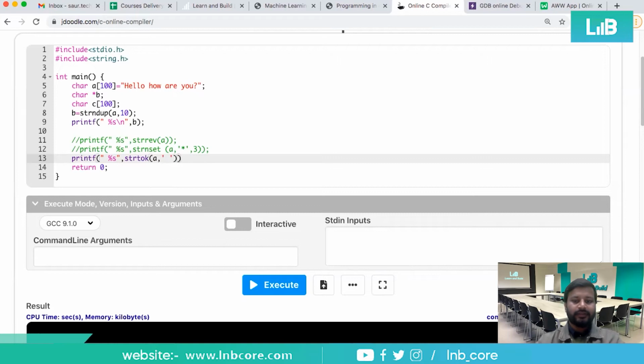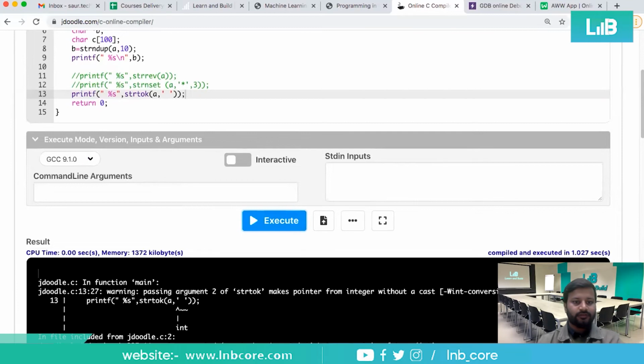I want to split that, right? So it should run and it should give me the result. Yeah, again,